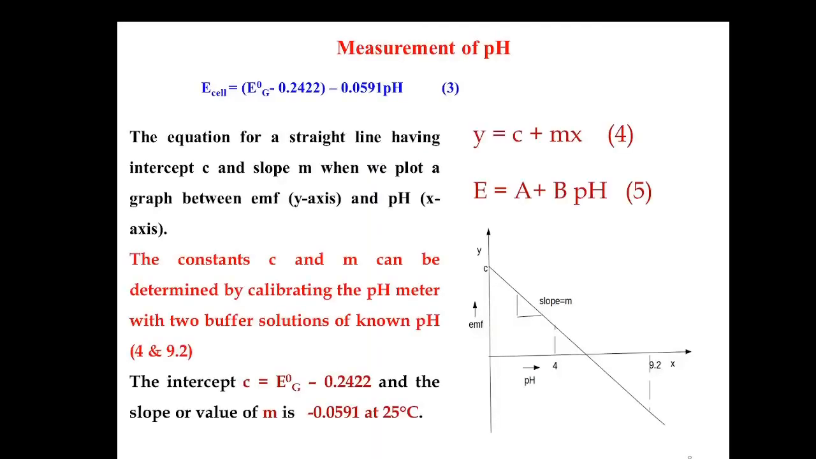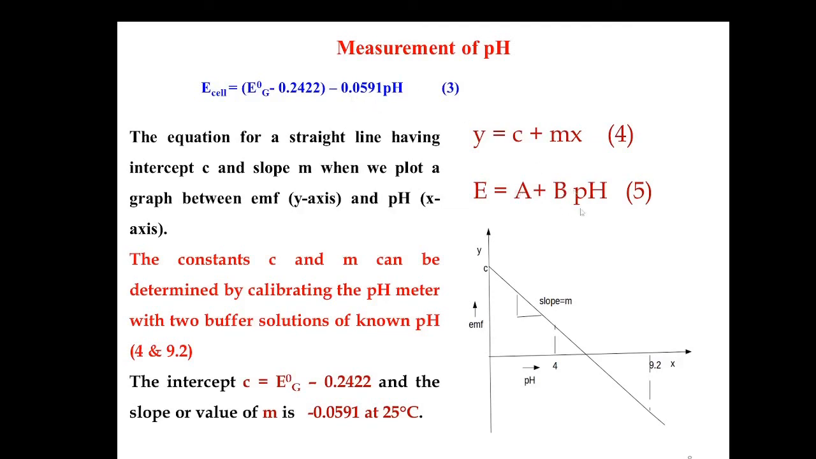of a straight line. That is, when we plot E cell, the EMF of the cell, along the y-axis, and pH along the x-axis, a straight line graph will be obtained with a negative slope, that is m is equal to minus 0.0591, and the intercept of this graph will be E naught G minus 0.2422. So generally we can represent this equation as E equal to A, where A stands for E naught G minus 0.2422, the intercept,